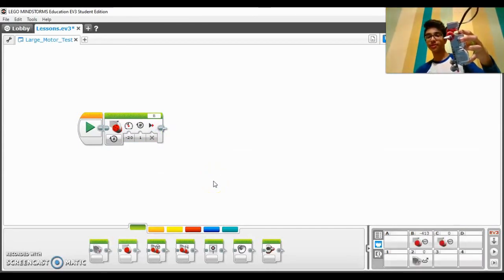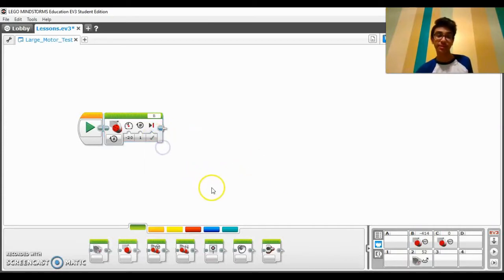See how there was a bit of a delay when cutting the power to the motor? We can actually see this in the input over here because it's at 414 degrees, which means that the EV3 cut off power way too late. Now, in some cases, that's actually desirable, but the reason we usually use a brake is because it's much more